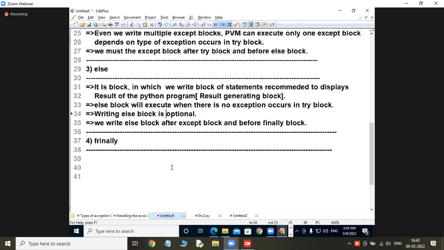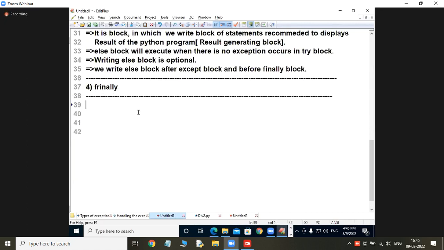So coming to the point of which block now? Finally block. Shall we start? Yes. So try to understand why the finally block is the finally block. I am going to write some 4 points there. First of all, writing the finally block is optional or mandatory?